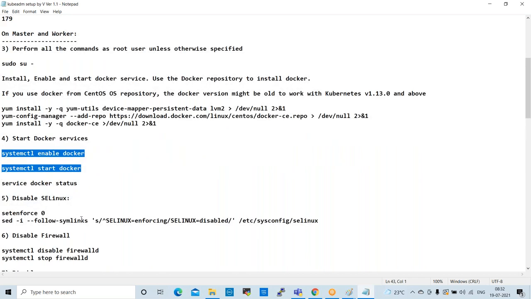After that, we need to disable SELinux, secure Linux. Every Linux machine will have SELinux, and we need to disable it using these two commands.